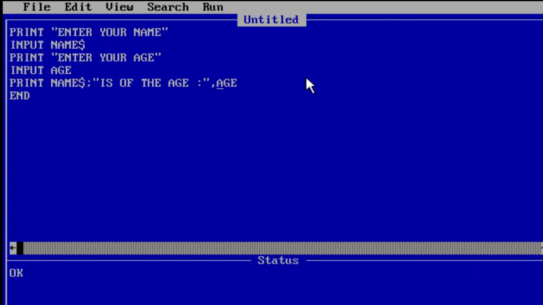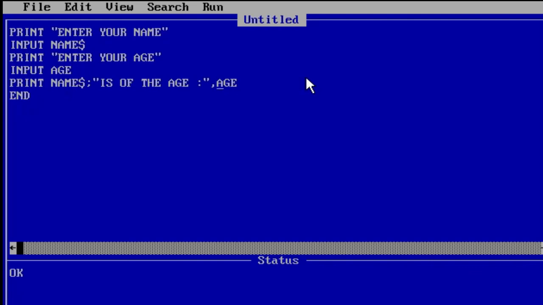By watching this, the user can understand what type of value he or she should input. Then input name$. So name$ is the variable that will store whatever value you give as input on the output screen. The next line is print enter your age, which will be displayed on the screen. Then the user will enter the value for the age, and it will be stored in the age variable. So input age means age is the variable.